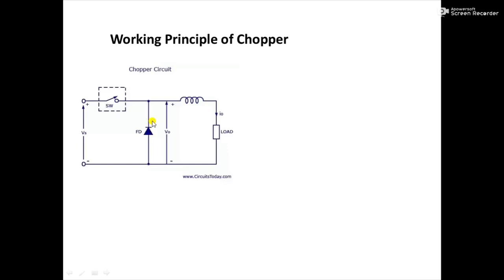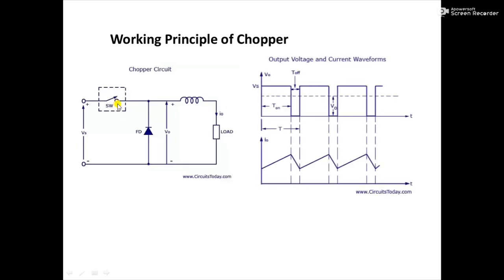This is the freewheeling diode connected, and this is the RL load. This is the same circuit as we have considered earlier. When the switch is closed, or when the chopper is on, it means that the switch is closed. During that time, your output voltage V0 across the load will be the same as Vs, because your freewheeling diode is reverse biased during this time. So during T on, output voltage V0 will be equal to Vs. So Vs is shown here during T on.